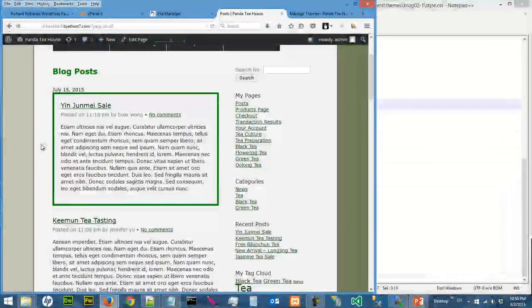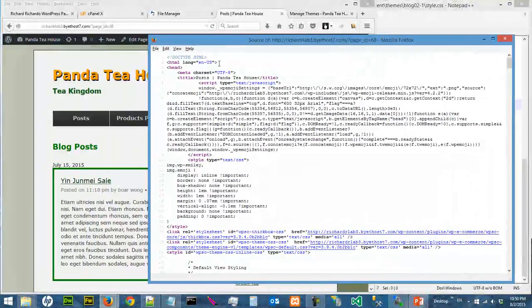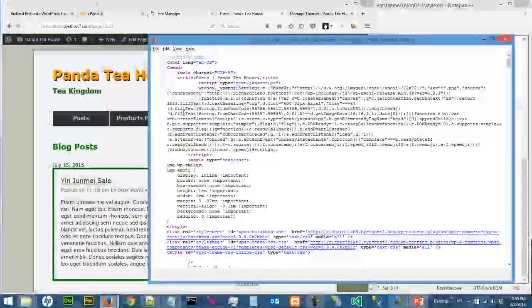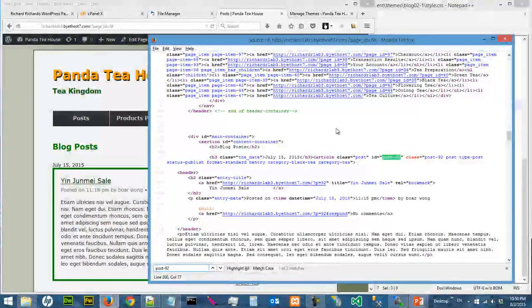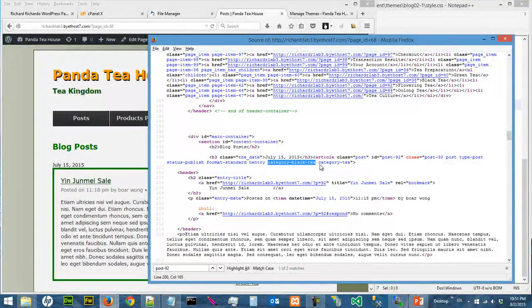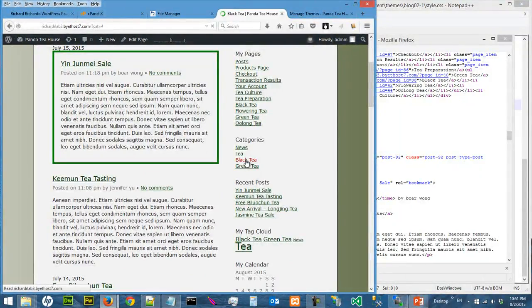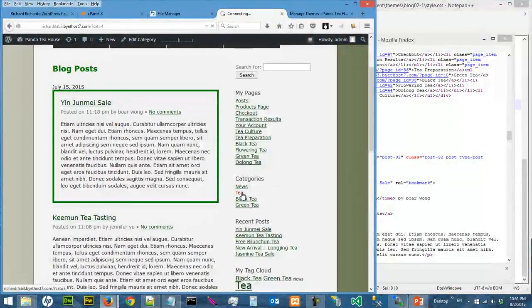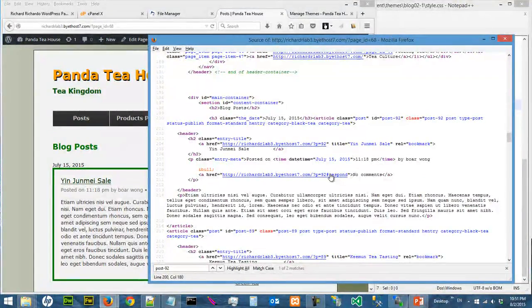The next thing we are going to do is to change something else. If we go to the page source and look at the post 92, okay, we realize that there's something called a class. All right, and this is called category black T, and this is category T, and that coincide with this is actually category black T and category T. So we can use this kind of category class to format other things. For example,